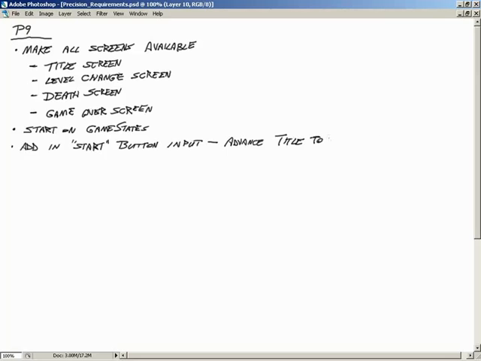Which is what I'm throwing right here. Advanced title to playing. And that way we'll have all of the screens available to us, and we'll even look at some of the states and how we can advance from one state to another. Which will allow us to move right into Part 10, where in Part 10 what we're going to do is